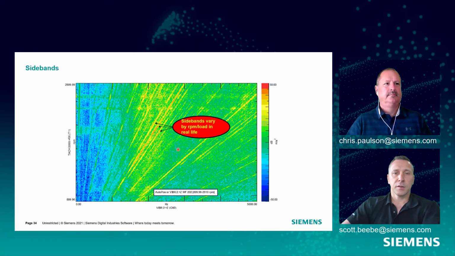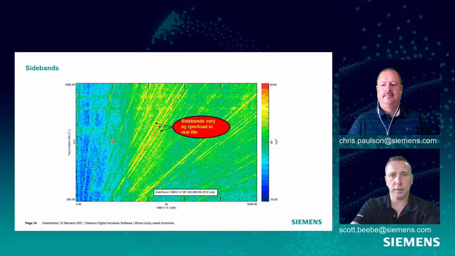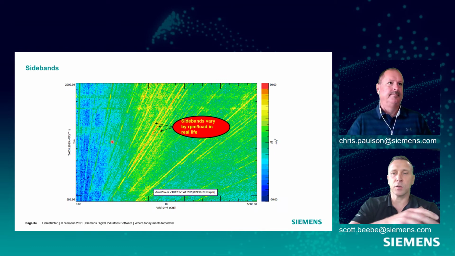Now, you could have a combination of both, and in this case, we're kind of showing that. So this main red line here that I'm tracing with the laser pointer would be the perfect gear mesh. And you can see there's side bands that are plus or minus 1 order and plus or minus 2 order off of that main mesh frequency. So you could see side bands that are first and second order off of that main mesh frequency that correspond to issues in both cases.